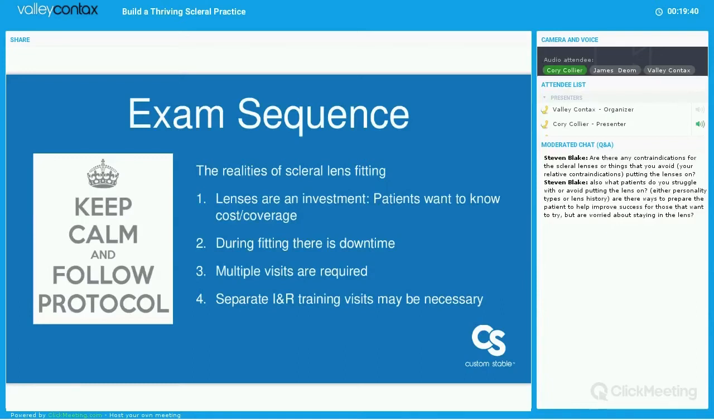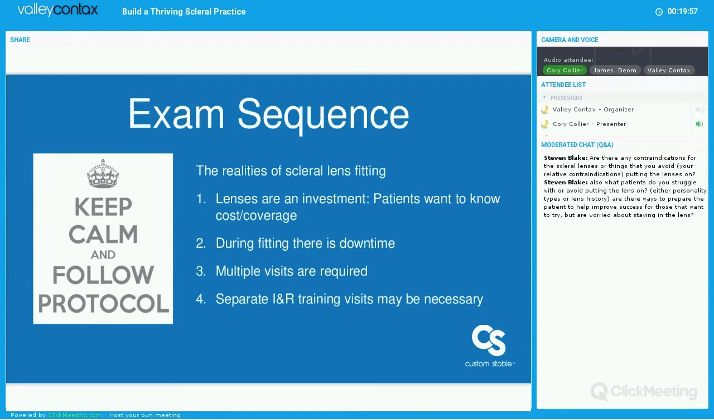And so for me, one of the things that I start with is exam sequencing. And I think there are some fundamental things that we need to understand about scleral lens fitting before we think about how we integrate it into our schedule and into our templates for patients' appointments. And so